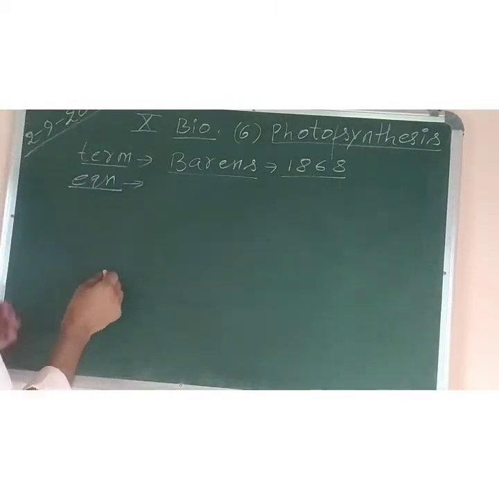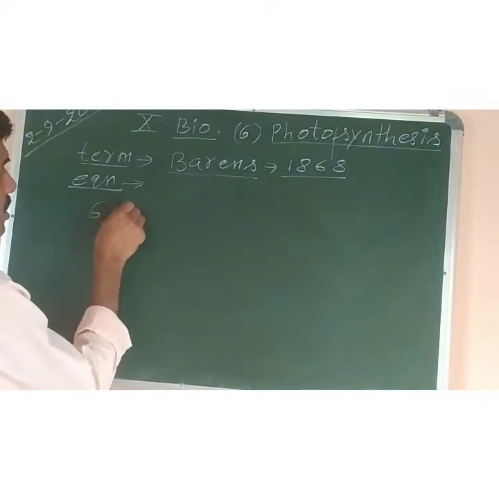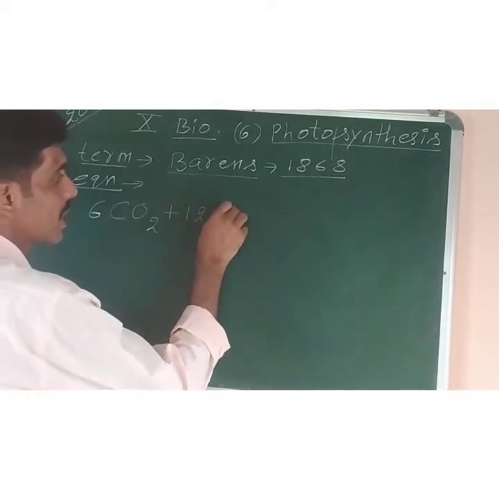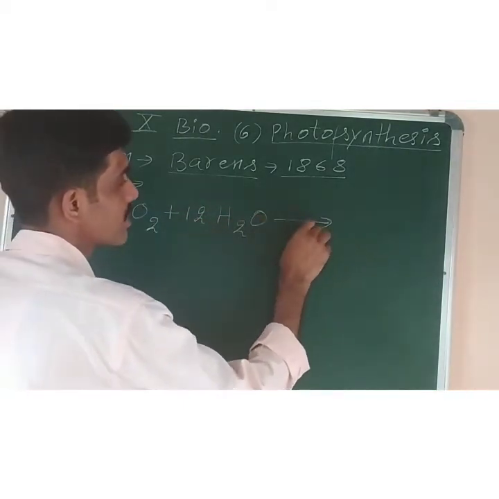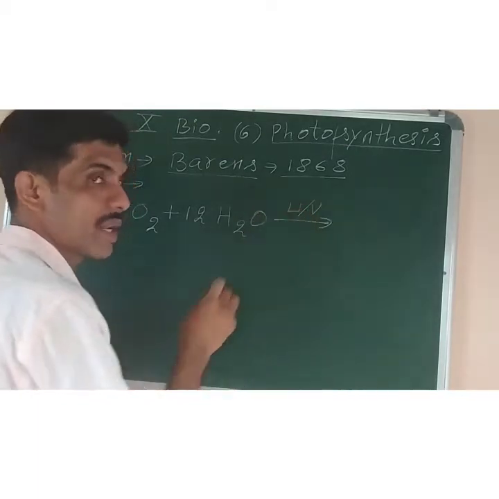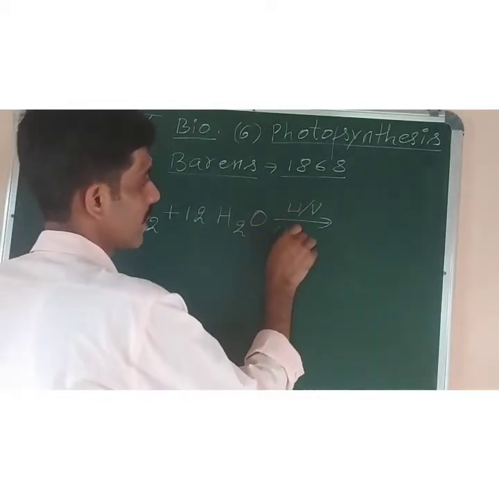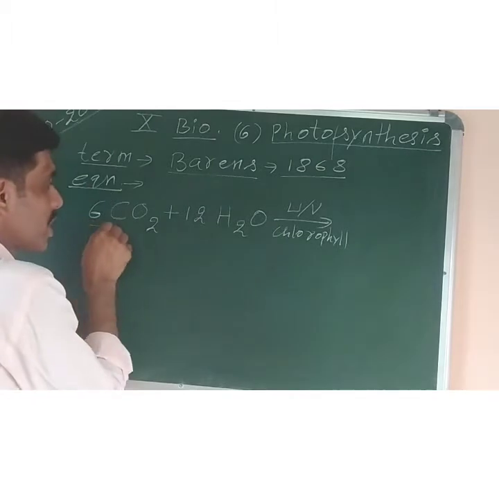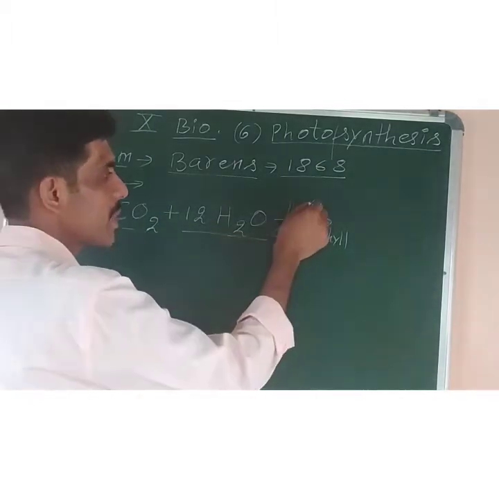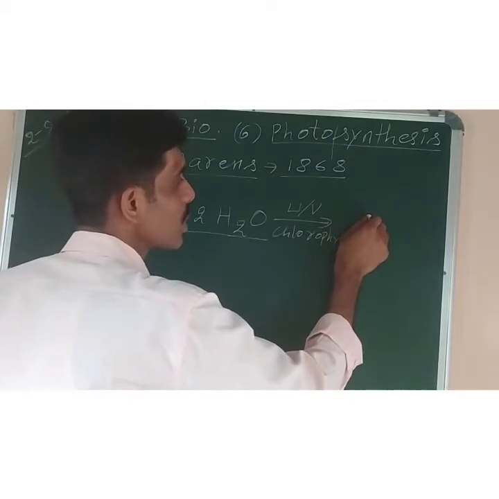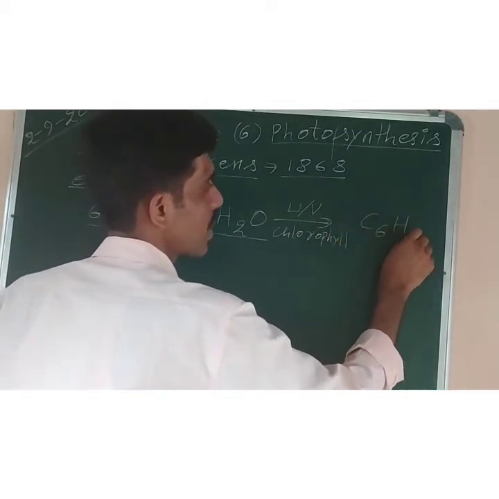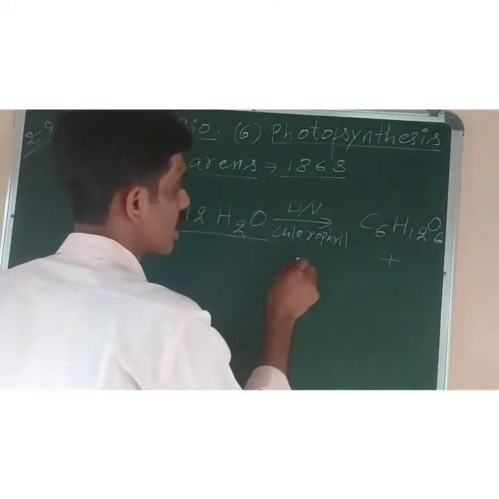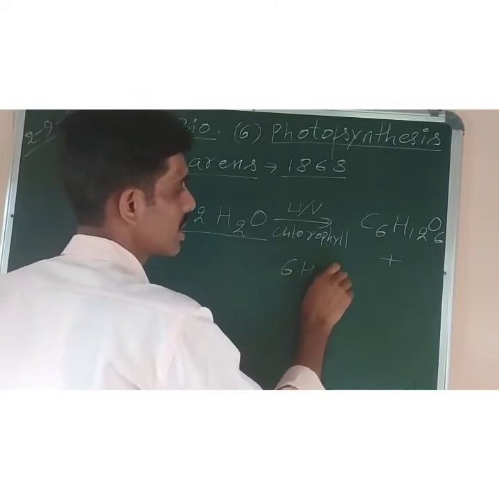The chemical equation of photosynthesis is 6 molecules of carbon dioxide, that is 6 CO2, plus 12 molecules of water, that is 12 H2O. In the presence of sunlight, we write it as UV, means ultraviolet light of the sun, and chlorophyll, that is the green parts of the plant like leaves where photosynthesis occurs. So 6 molecules of carbon dioxide, 12 molecules of water in the presence of sunlight and chlorophyll gives rise to glucose, that is C6H12O6. This is the chemical formula of glucose, plus 6 molecules of water is produced,